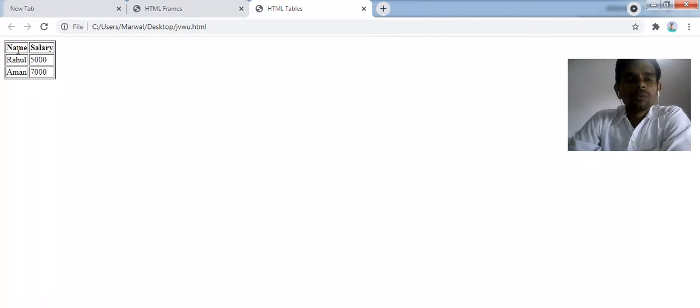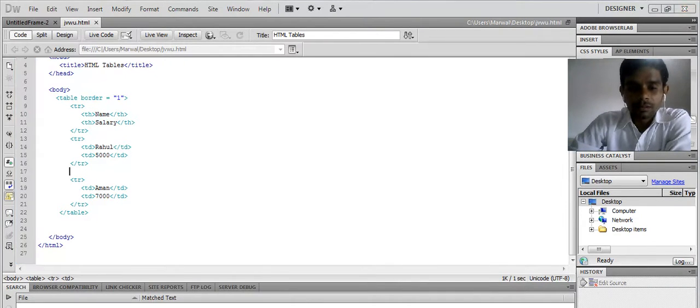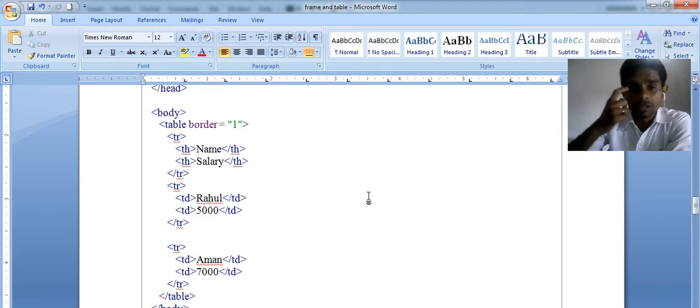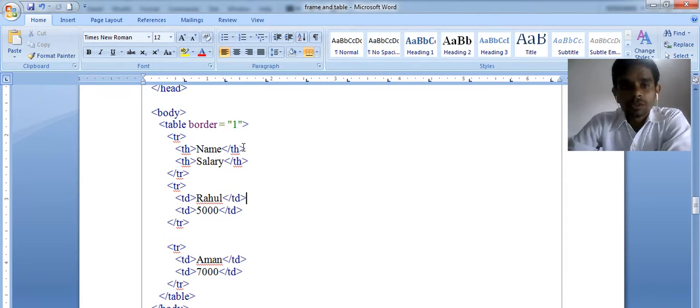Here I am creating two th tags, one for name and another for salary. Here I give the values Rahul and Aman, and their salaries 5,000 and 7,000. This is the code of your table heading. Two headings over here, two values over here. The first th is for the name, Rahul and Aman, and the second th is used for salary. This is only about the th.